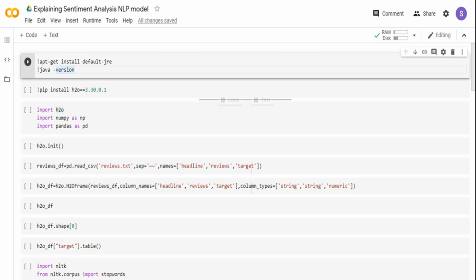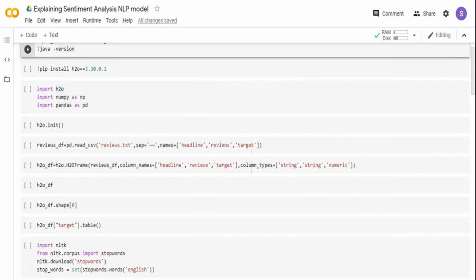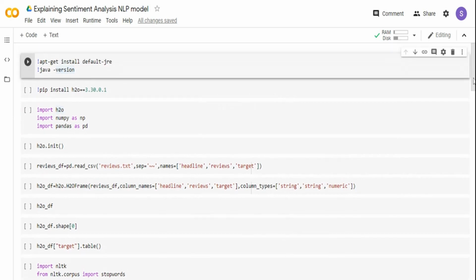So let's get started. In the previous video I used H2O to create my GBM model. As I said, you can use scikit-learn or any other tool as well to create the model. Now to run H2O, I have to install Java. H2O is a Java based product, so I need to install Java, and I also need to pip install the H2O product itself. I have done both of these. I don't want to waste time in the video, it's already done. Let's get started with the main part of the code.